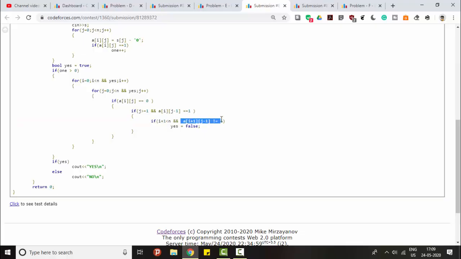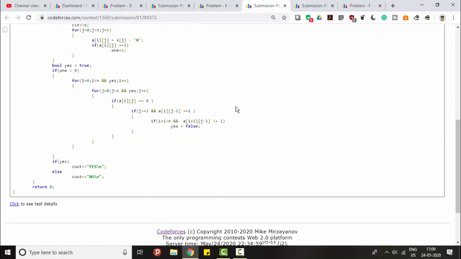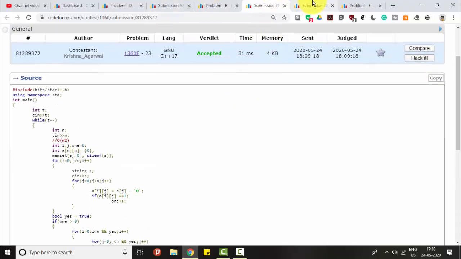fortunately this is the solution. This is the main line. If the previous column had the next element, the below element already occupied, it means the previous row has been shot first, and it acts as a kind of blockage. So with this strategy, we find it accepted, and moving on to the